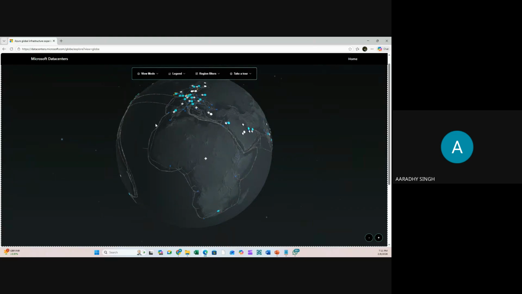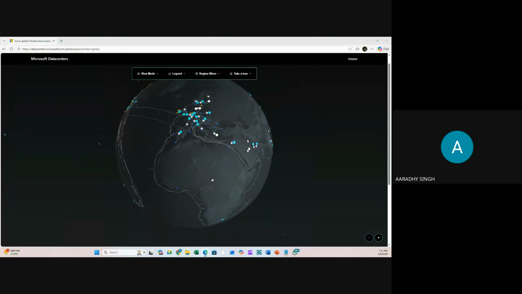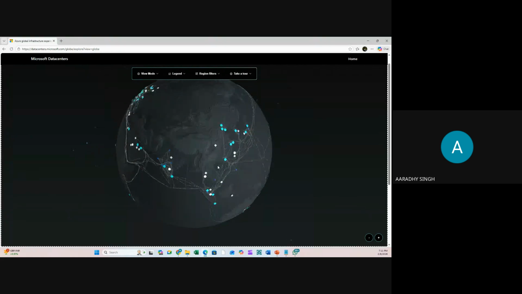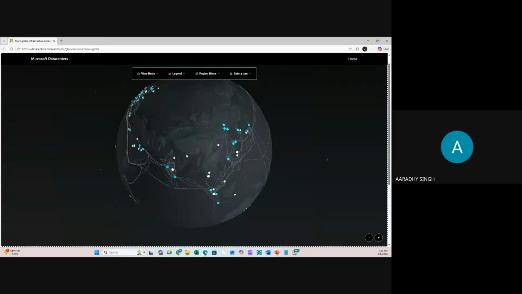Africa is one geographic location. Europe is another geographic location. Gulf is a third geographic location. Korean Peninsula is another geographic location. India is a geographic location. China is a geographic location. Australia is a geographic location. So guys, there are multiple geographic locations in this world.